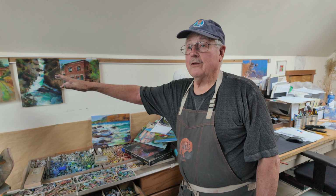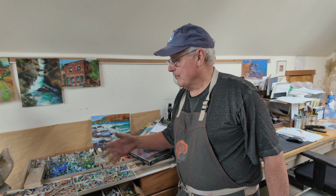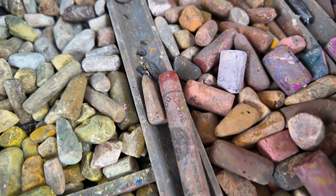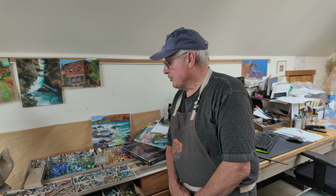When you think about it, all of the paints, all of everything, the colors in our clothing are all made from earth pigments. That's where we got them. They've been made into dyes, they've been made into paint, they've been made into whatever, but pastel is the purest form of earth pigment. It won't turn dark, it won't fade, it won't crack over time as long as it's framed under museum glass,